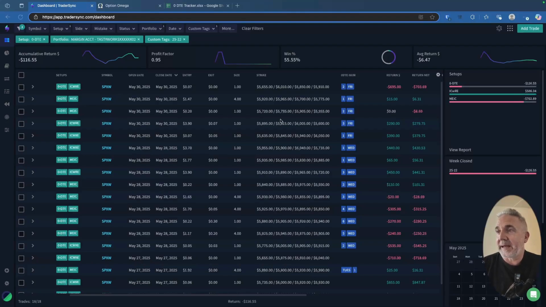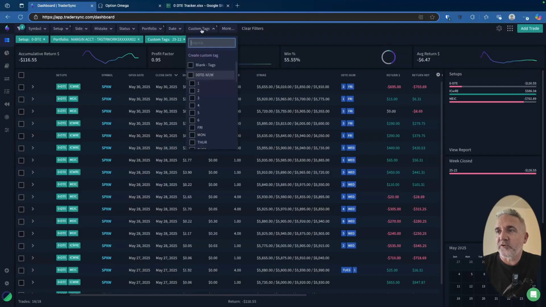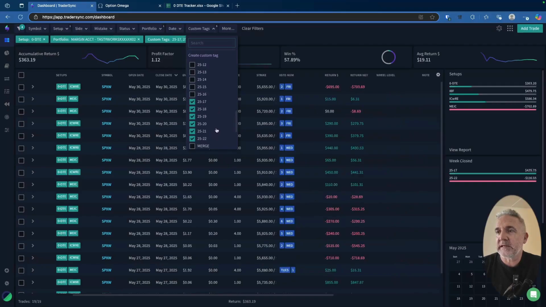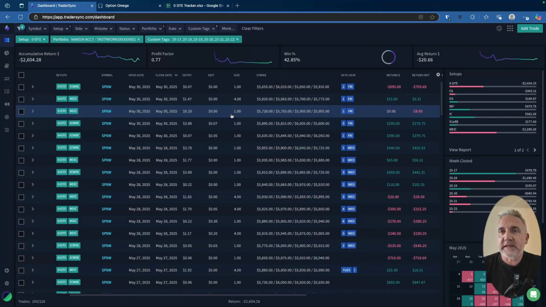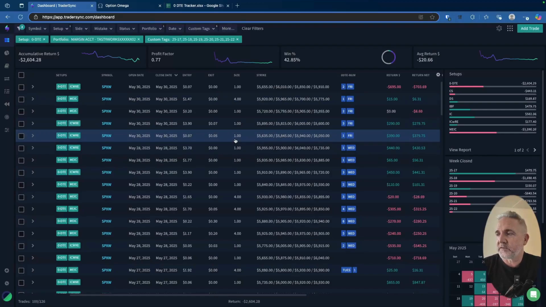So overall, not too bad. I mean, it could be worse, it could be better. And so let's take a look at how we're sitting since we started. And remember, we started 0 DTE in week 17. So if we select all of the weeks since 17, including the most previous week of week 22, we have a total loss of $2,604.28. So it's not green, it's still red, but I think we're making progress and we're moving in the right